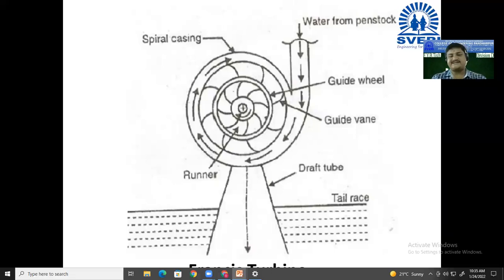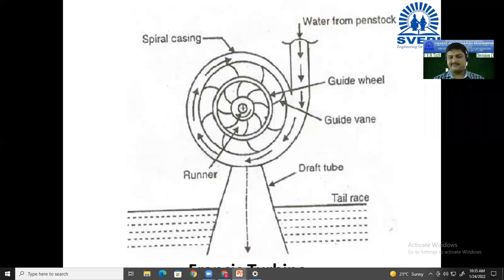That is the basic difference between centrifugal pump and this Francis turbine. Structure is a little bit same, but working is totally different. Is it understood to you? Yes sir. I request you, draw this diagram in your notebook without wasting much time. Diagram is very easy. Don't take a lot of time because we will have to discuss many points